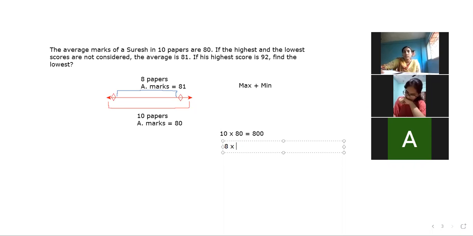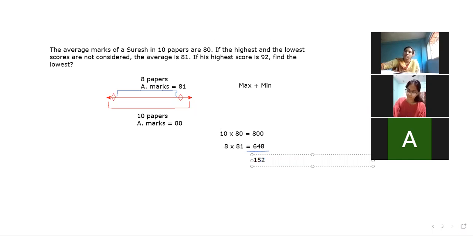Total marks from these 8 papers comes to 648. Now subtracting the marks of 8 papers from 10 papers, whatever is remaining, that is 152